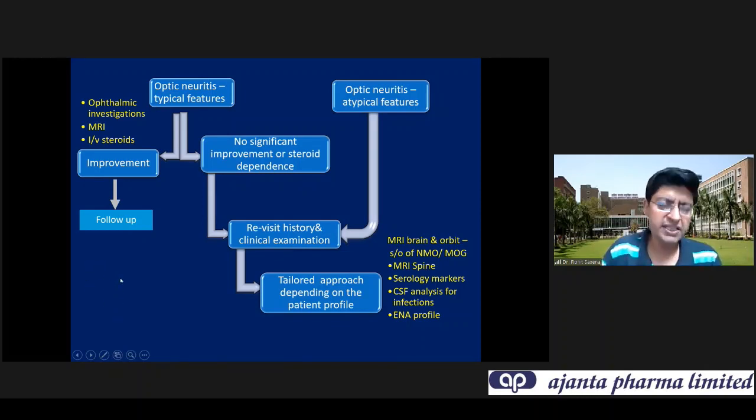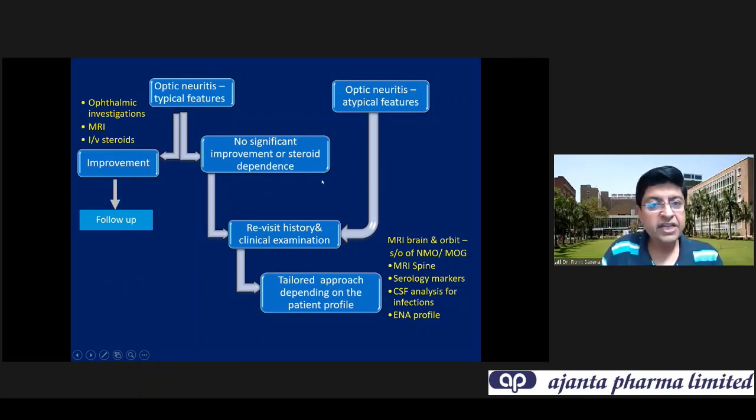disease-modifying agents. The important thing is disease-modifying agents are still very expensive, and we are not very sure how long we need to keep giving. At least the treatment may last up to 2 years or more. So that is why sometimes in isolated optic neuritis and the MRI being normal, we may just follow up the patient. But this is if there is typical presentation and the MRI is absolutely normal. After treatment with IV methylprednisolone, the patient improves. So you may consider following up.